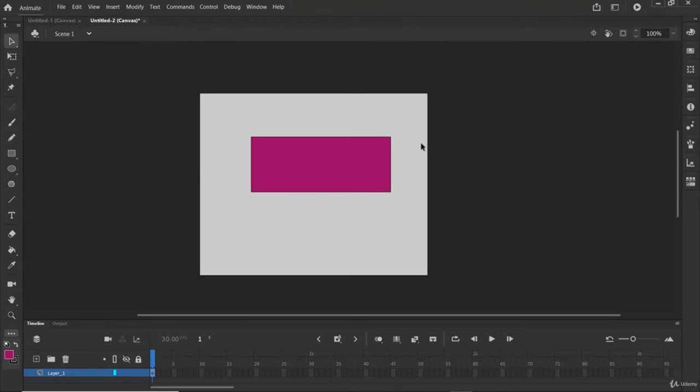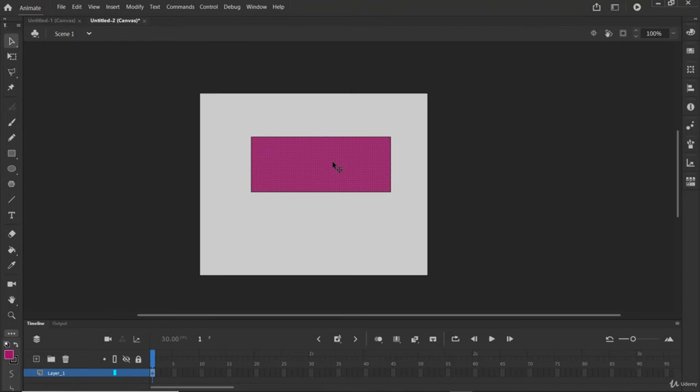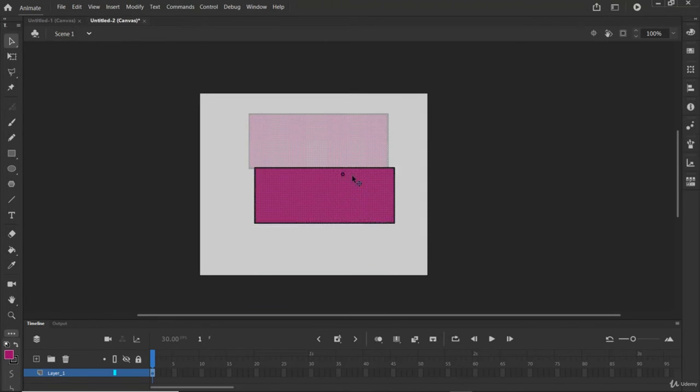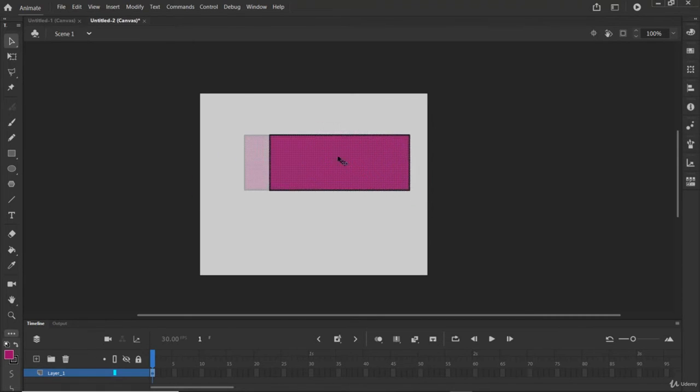As you can see, if you create shapes and you want to move them, you have to click on this and move. If you move the shape, you can see that I've moved this fill, but the stroke stays where it was. So you don't have to click once to move this. You have to double click, then you can move all the things. So this is how to move this rectangle shape. You have to double click this.